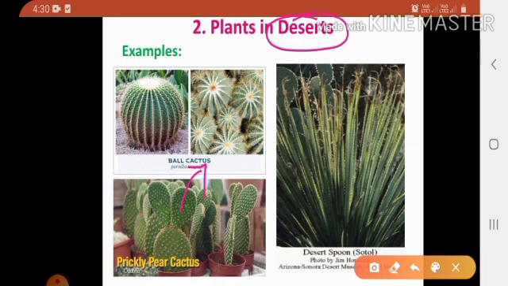But these plants either have no leaves or very few leaves. And in some plants, leaves are modified in the form of spines, and they protect themselves from animals.